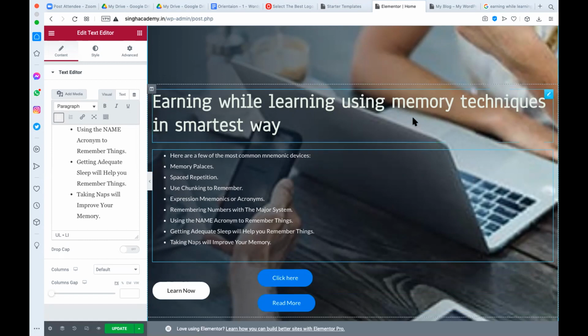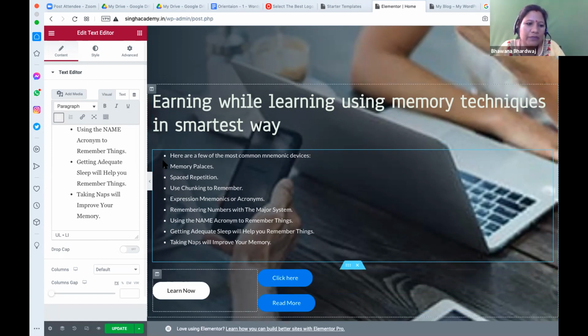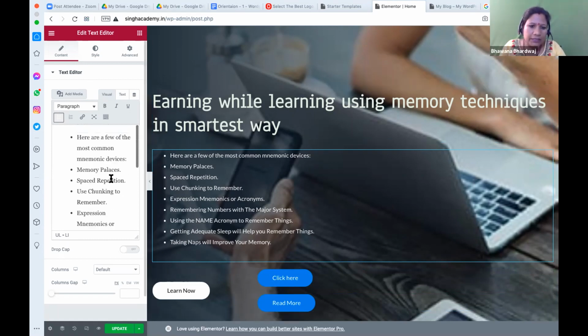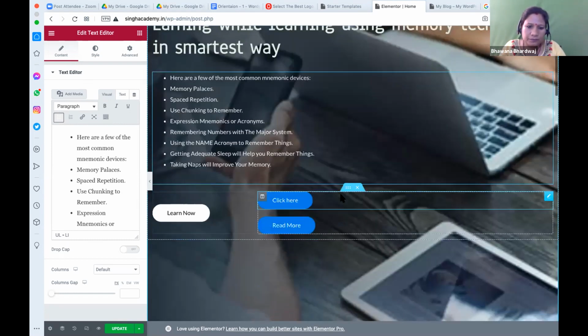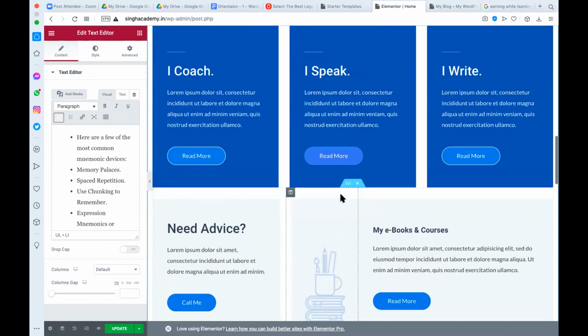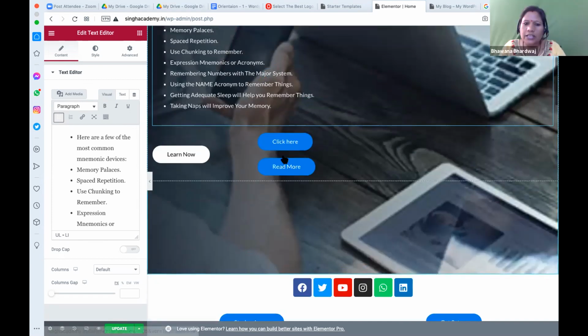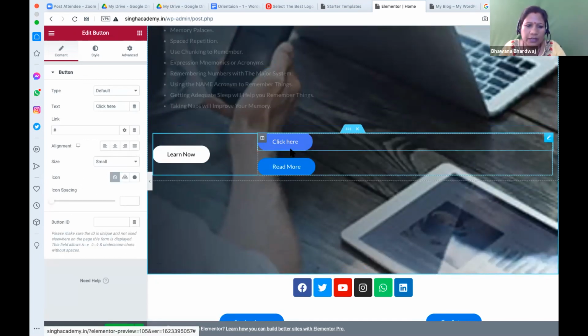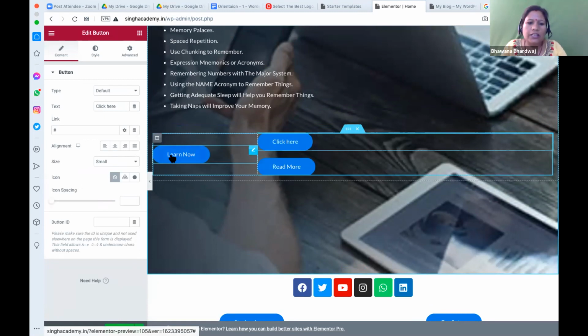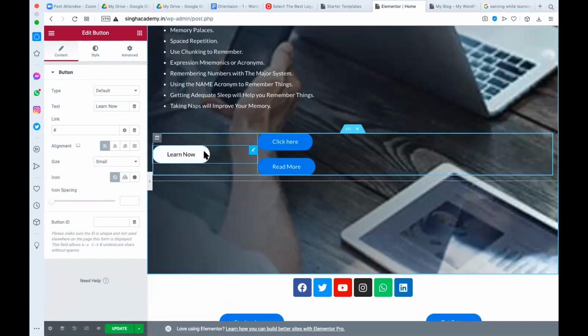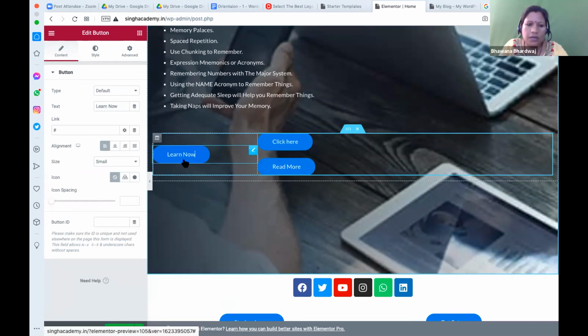Yes, yes. So this way you have to experiment, and once you are done with it, you have to save it. Let's suppose this is your link element, learn now. Let's suppose you are editing this link, brainscienceindia.com. So here you can write learn now or demo, whatever you want to write.